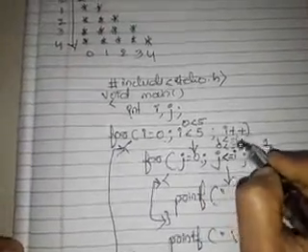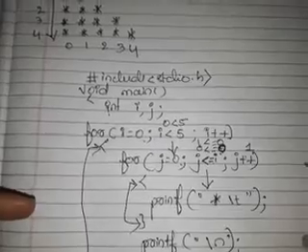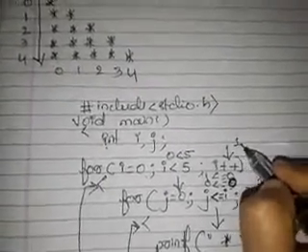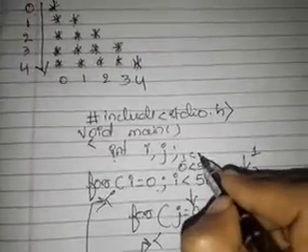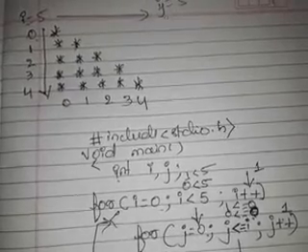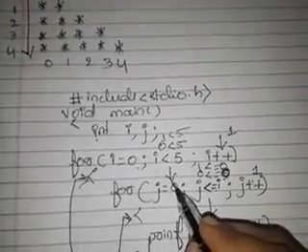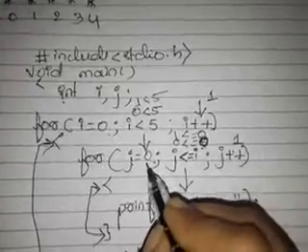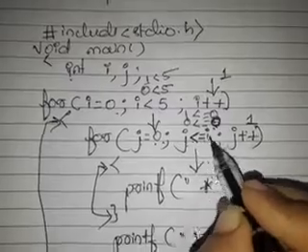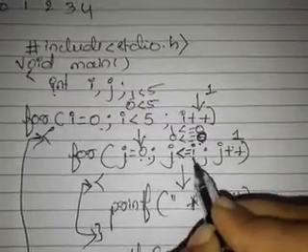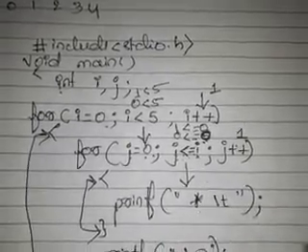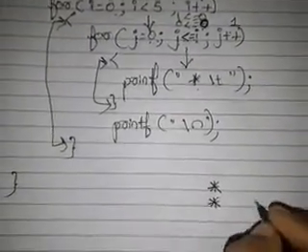1 less than or equal to 0. True or false? It is false. As it is false, it should come here. i plus plus. The value of i will become 1. 1 less than 5. True or false? Yes, it is true. As it is true, it will come inside. j is equal to 0. Next, 0 is less than or equal to 1, because the recent value of i is what? 1. 0 less than or equal to 1. Yes, it is true. That's why it prints the next asterisk.